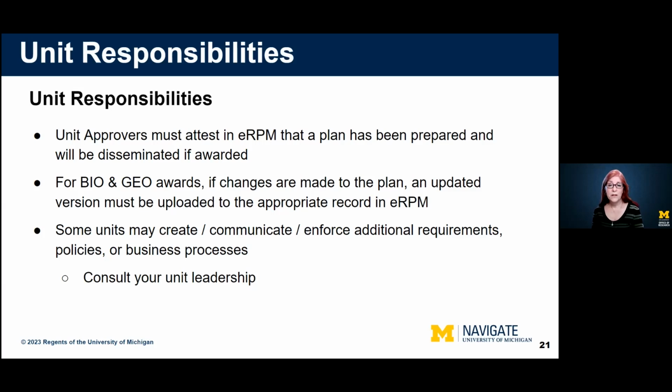Again, for the bio and geo proposals, the plan is going to be included as part of the proposal package. So it will be in research.gov with the final package. For those submissions, if they get awarded, you're going to need to document any changes that need to be made to the plan or revisions. You're going to also need to document that. So again, whatever you determine that your internal process is going to be for your school or college or institute or campus, we recommend that it be clearly communicated up front. And if you don't know if your unit has a plan, then you should definitely ask.